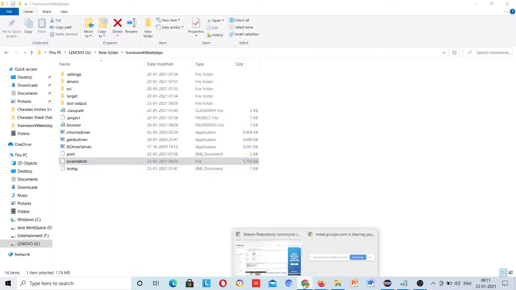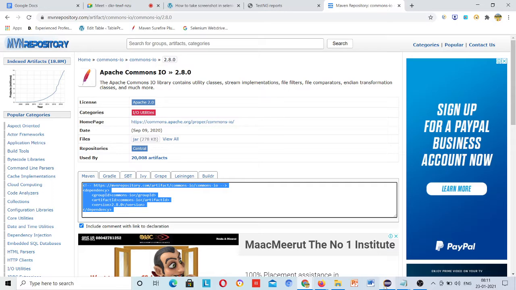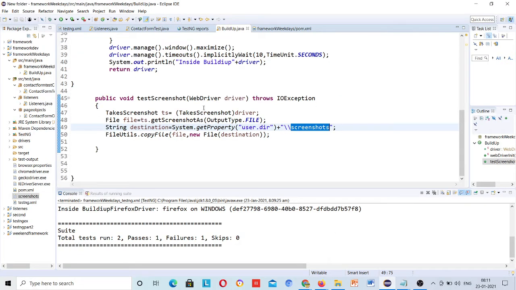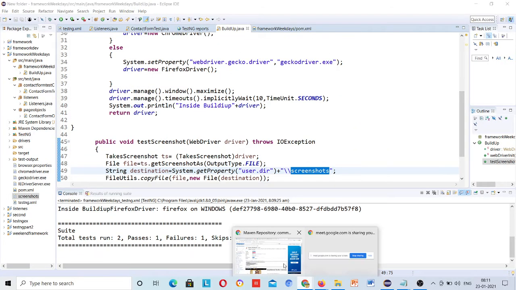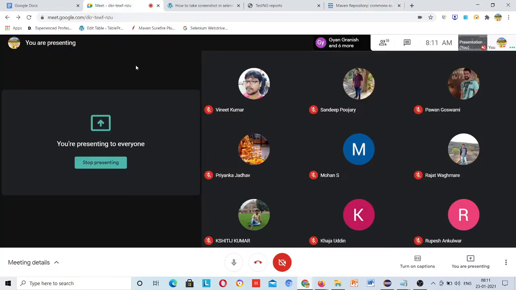Okay, now this is your framework. Now tomorrow if you want to integrate some new features in it, you can do that. But first I want to confirm with you guys that